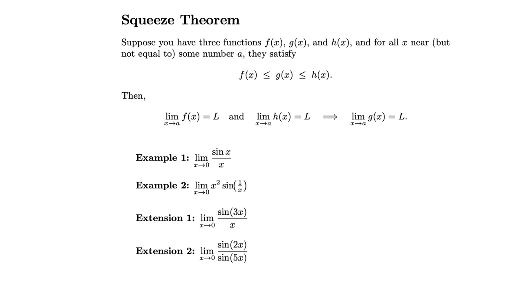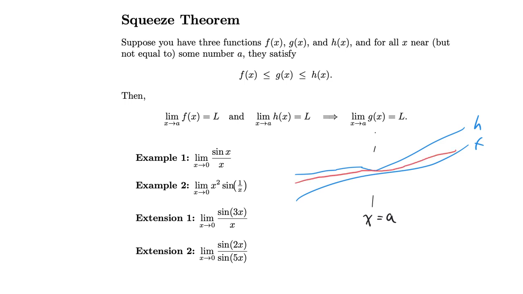And what it states is this. So let's say we have some neighborhood around x equals a. Neighborhood just means some interval around. It's fairly arbitrary. But here we have 3 functions. We have f, we have h, and we have g in the middle. By in the middle, we mean it satisfies this property for all values of x in the neighborhood, but not necessarily for a itself. So for everything except a, we have that h is greater or equal to g is greater or equal to